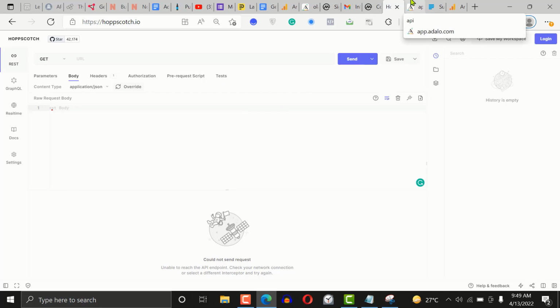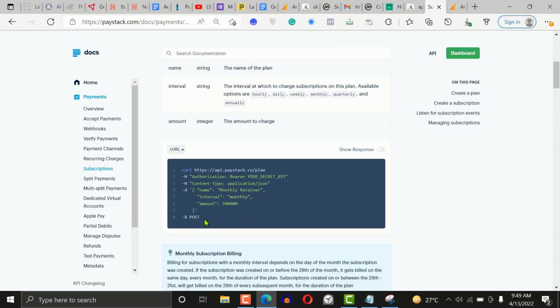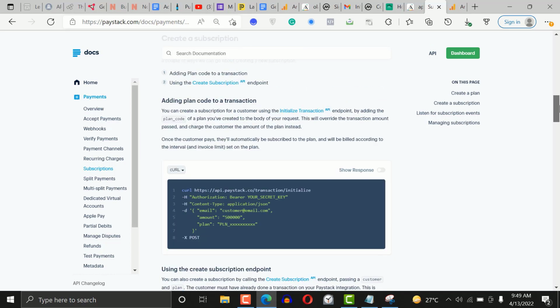So the body there is sending Paystack some data for you to get a particular record from a database. And then the method here is post. The reason why it's post is because you're sending this data somewhere and then you're getting something back. If it's get, it means you're getting something from a database owned by Paystack. So that's basically most of the things you'll be doing when you're reading